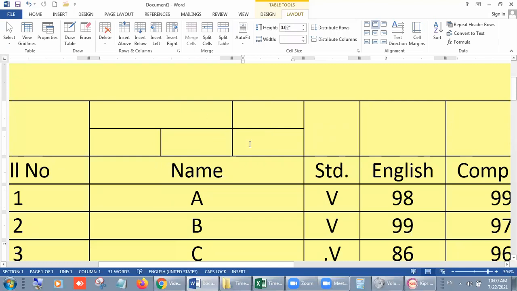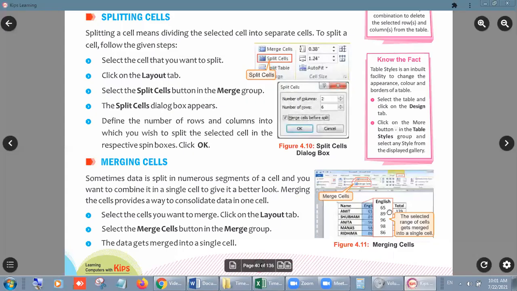Suppose you want to merge these two cells, then first of all select the cells, go on the layout tab and click on the merge cells option from the merge group. Look students, in this way you can change the design. I hope you are understanding very clearly, and you have to try on your own also. Right, beta? Let's move on to the next command.